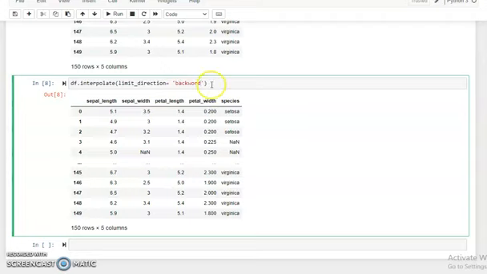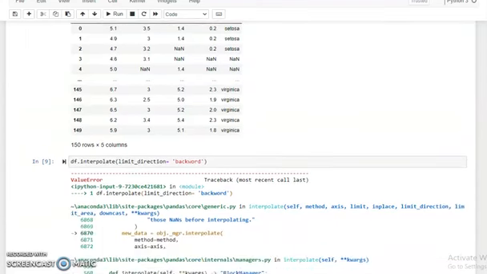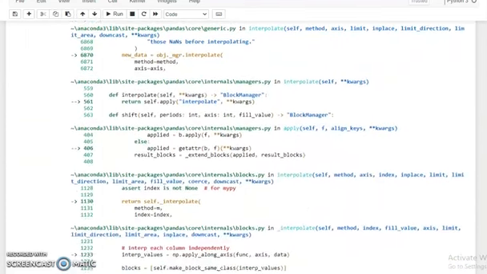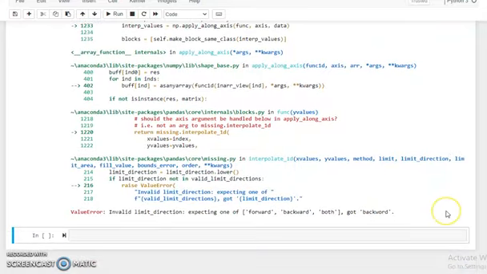Here we need to write backward, so it takes the backward value in place of the NaN value. Okay, simply run this program. Okay, we got an error. Which type of error? You can see here both forward and backward got backward. Okay,